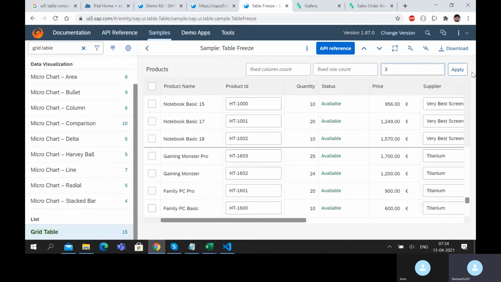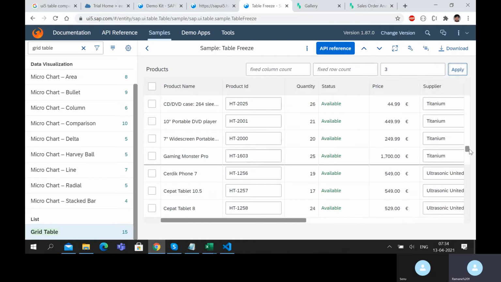This is a case where you have to freeze only the bottom 3, so you can fix the bottom 3. In this case, all the top records will be moving, but the bottom 3 will be fixed. So these kinds of fixed layout scenarios will be more common when you have 20-30 columns. If you have 20-30 columns, even on desktop, because of screen limitation, some columns might be overflowing